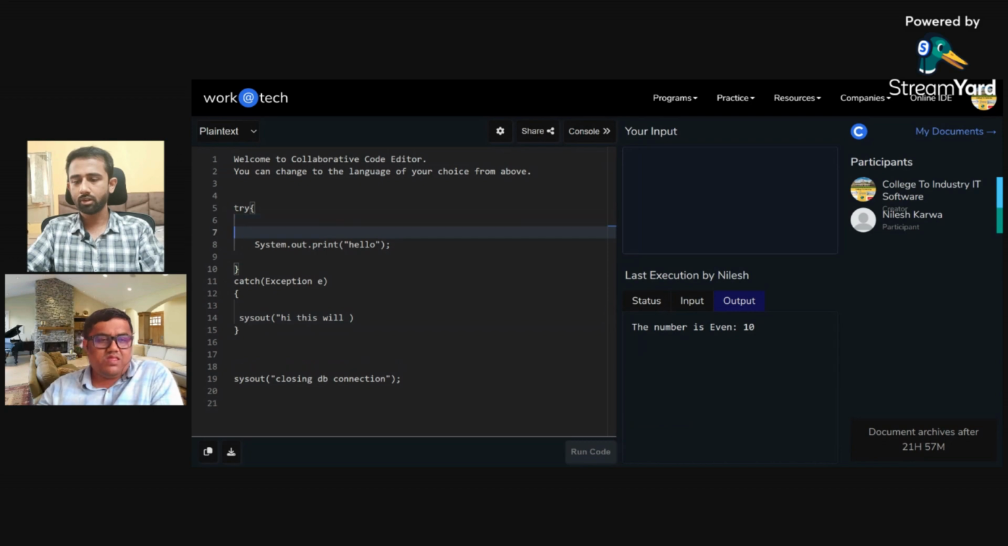Here I am saying int number equals to, divide by 0, suppose. So it will give me a divide by 0 error, right? So it will go to the catch block and it will handle this exception, so our program will work